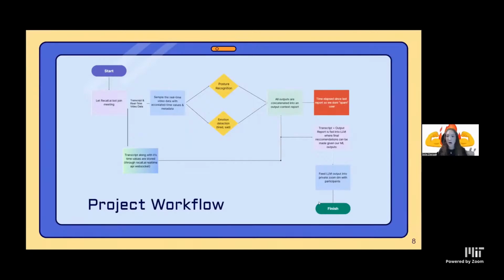Next, this is how our project works. Once the Recall API joins our meeting, it takes both the transcript and real-time video data of the Zoom meeting. Using the video data, we perform posture recognition and emotion detection for each person. Additionally, we gather the transcript, and using the timestamps from the transcript as well as the poses or emotions it detected,